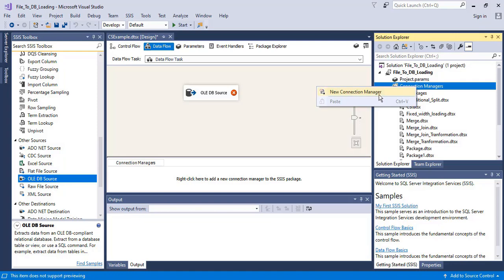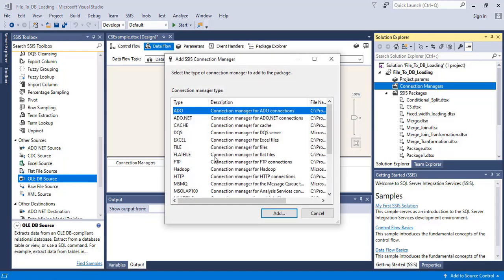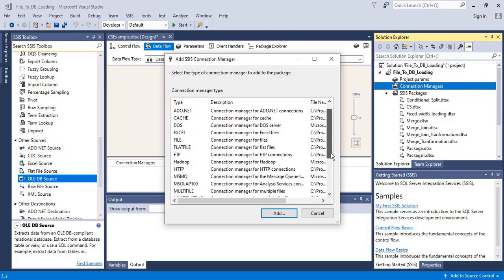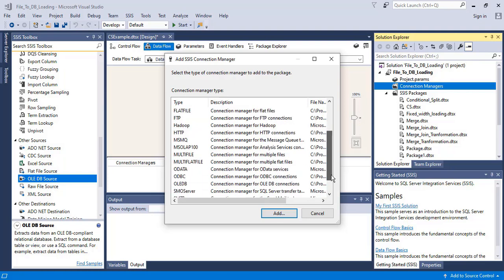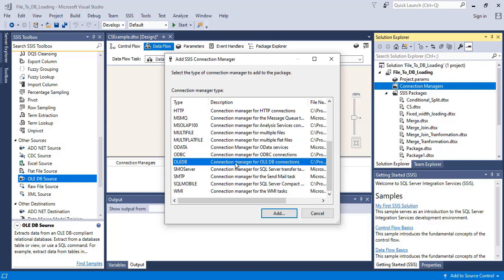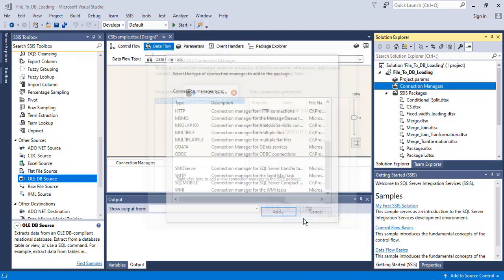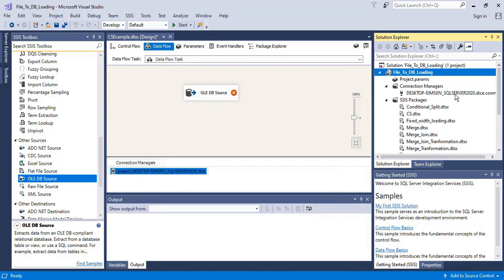I will create a new connection manager, new connection. From here I'm going to select the database connection. Where is my database connection? I need to select from here. I will select this, click OK. So I have selected this database connection.